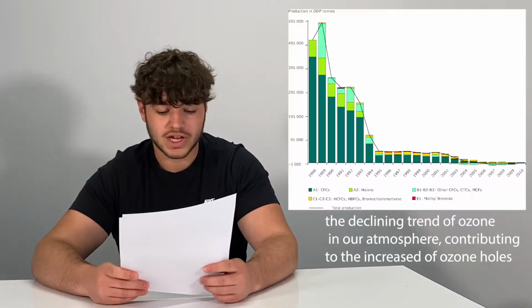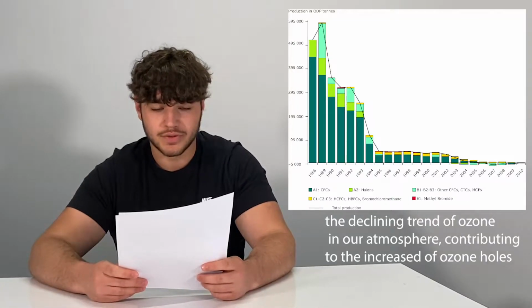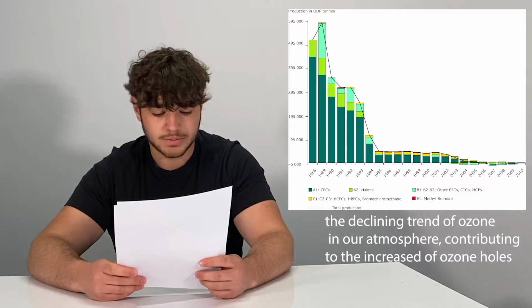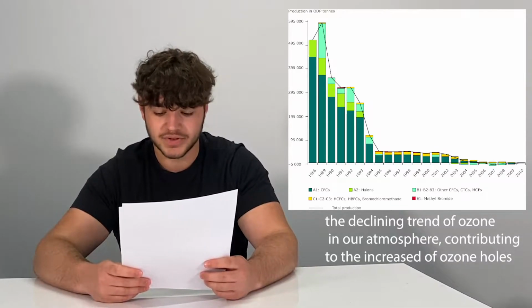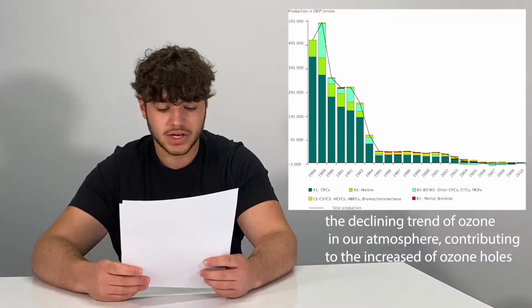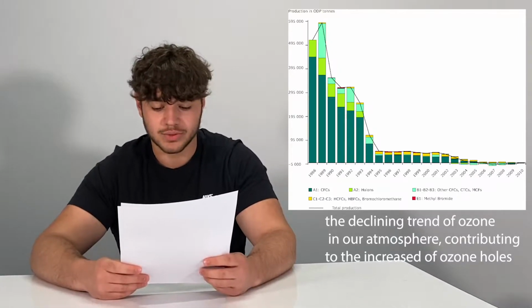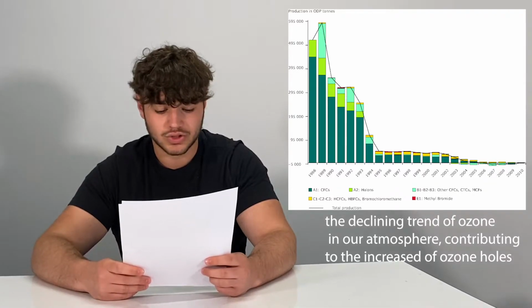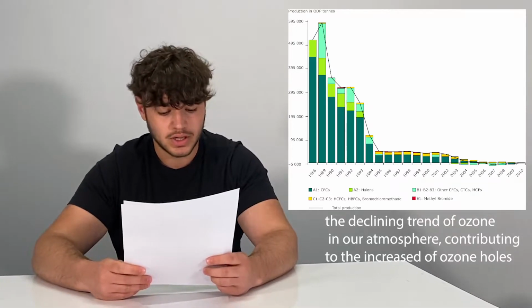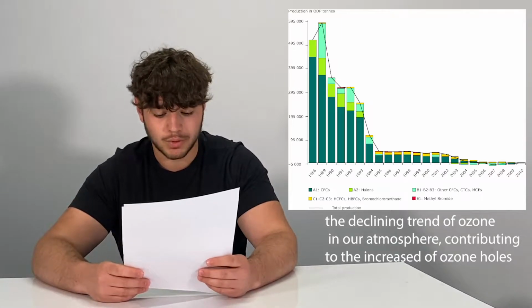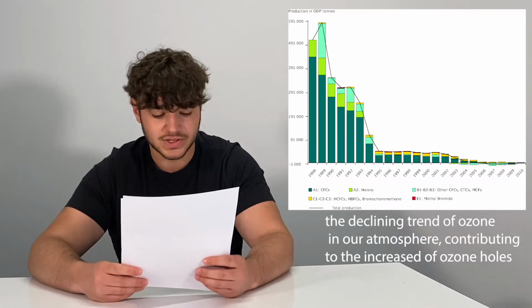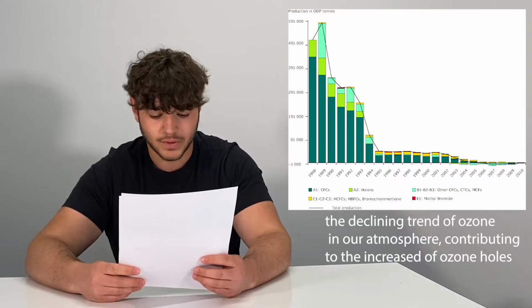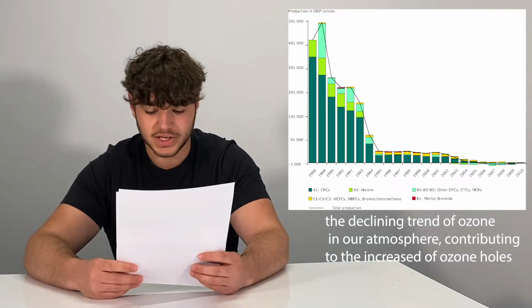Next, we'll be talking about ozone. Ozone is a highly reactive gas composed of 3 oxygen atoms. It is both a natural and a man-made product that occurs in the stratosphere and troposphere. Stratospheric ozone is formed naturally through the interaction of solar ultraviolet radiation with oxygen. Tropospheric ozone is formed primarily from photochemical reactions between 2 major classes of air pollutants, volatile organic compounds, and nitrogen